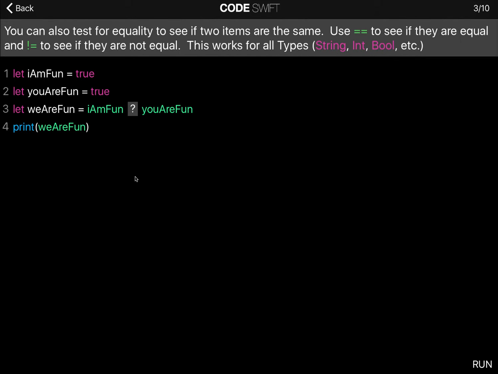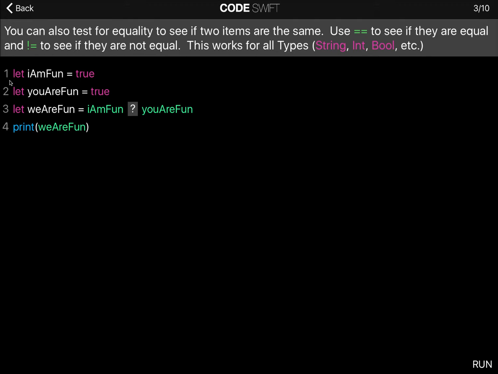And the way to determine if conditions are true a lot of times is done by using the equality operator. So if you're using two equal signs, you check to see if two items are the same, and you can use the exclamation mark and the equal sign to see if they're not the same.